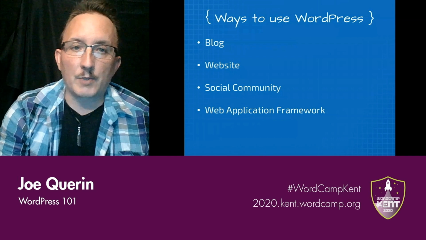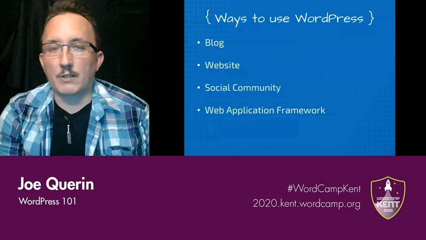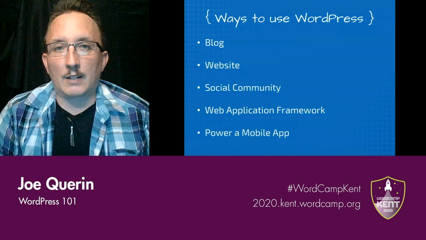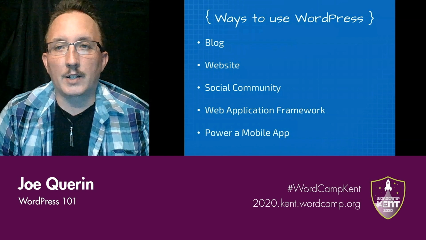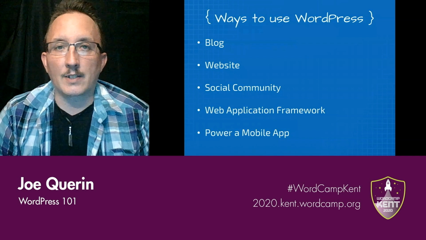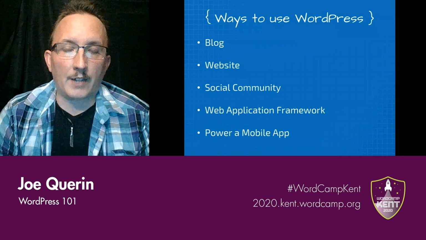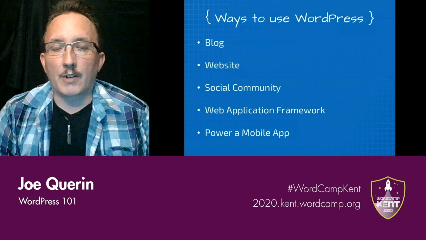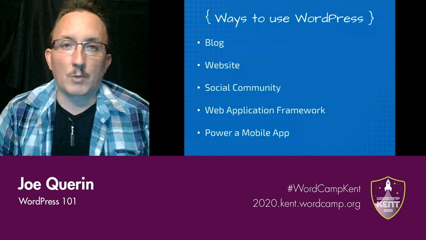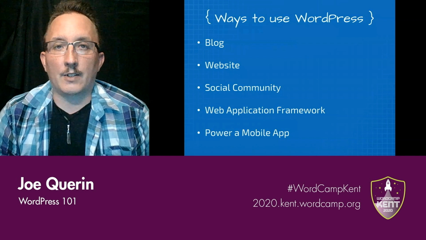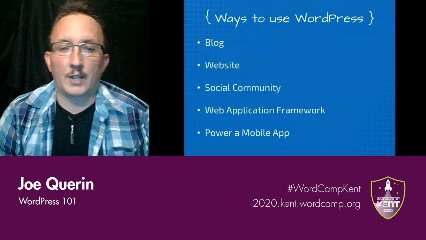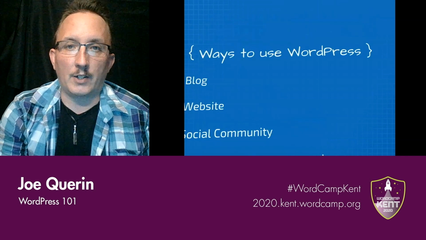So there's lots of different ways we can use WordPress other than just as a website or as a blog, and we can talk about those more. As I mentioned, you can even power a mobile app. There's an online company that has a theme and a plugin. You can actually use WordPress to create a mobile application that is native to your OS, whether it's the Android OS or the iOS, and you can create a native app that runs in the App Store and can be installed to users' phones, and then you can just log into a WordPress website and be able to update content, or your end users can as well, to be able to push notifications out, push content out to the end users. Really is a very cool thing that you can do with WordPress.